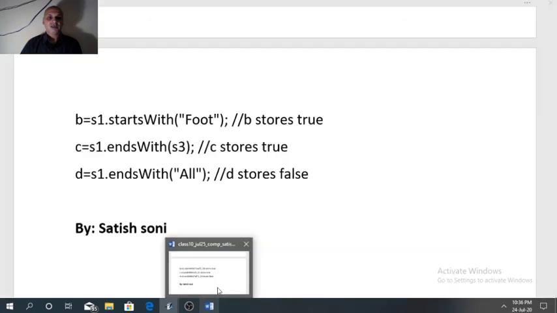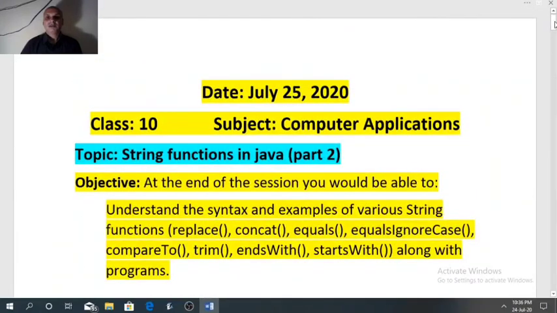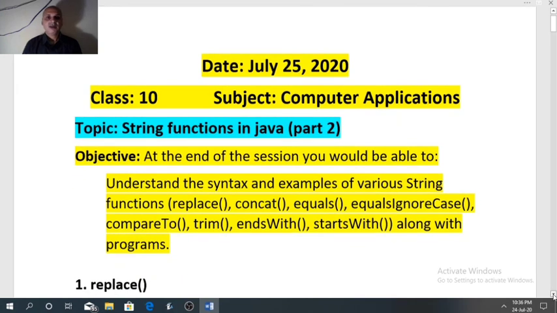So today's session is over now. I have explained all the 15 functions that are given in your ICSE syllabus in 2 videos. In first video I had explained 7 functions. Now in the second video I have covered 8 functions. So please revise all these functions, their definitions, examples, syntax, and see the solved examples and programs given in your textbook related to these functions.